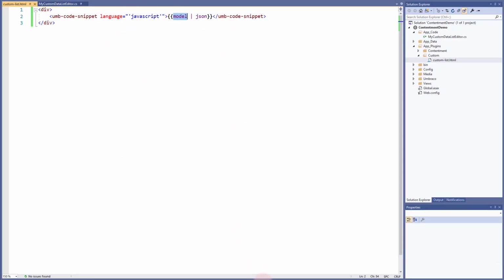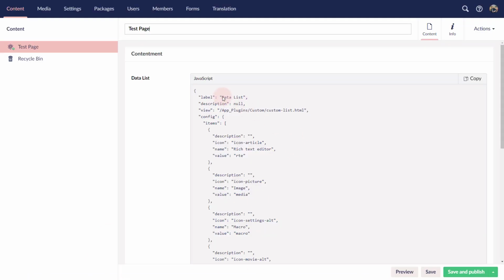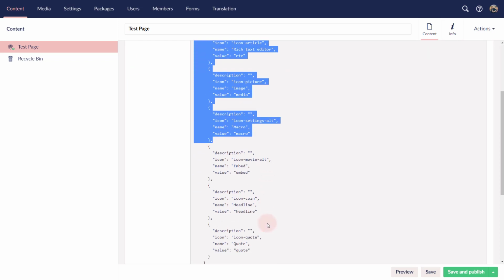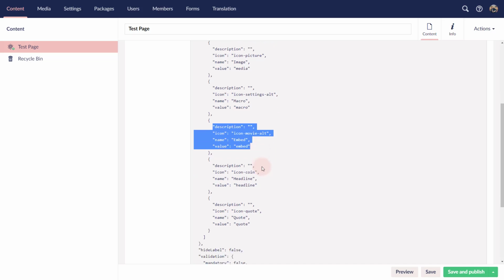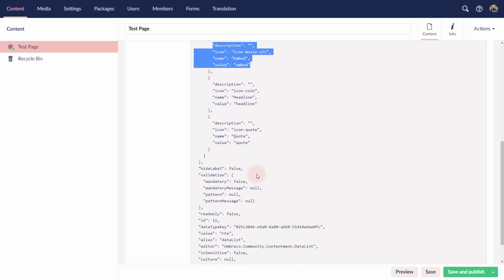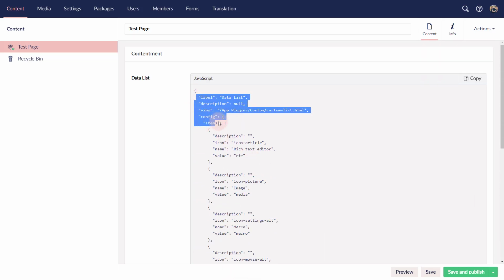So this is everything that gets passed through from the data type to the property. So we get to see what the name is, description. But the important part is that the items are the actual things that get passed through from the data list. So each one of these has got a description, an icon, a name, and a value. Okay, so then what I would do then is from the JSON loop through those things, and we'll copy in some other code,